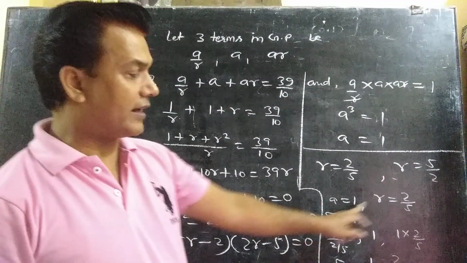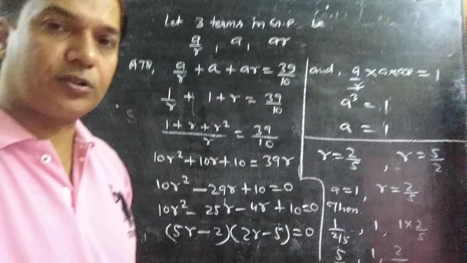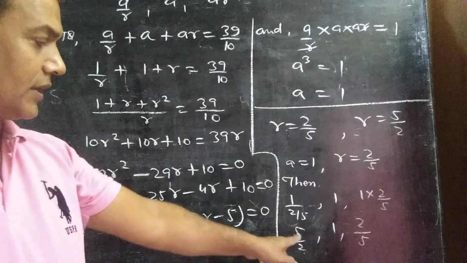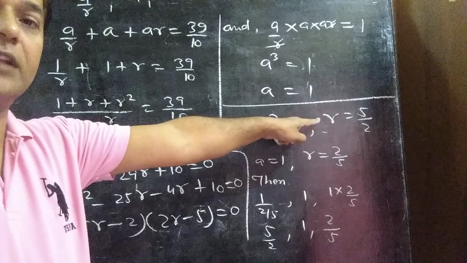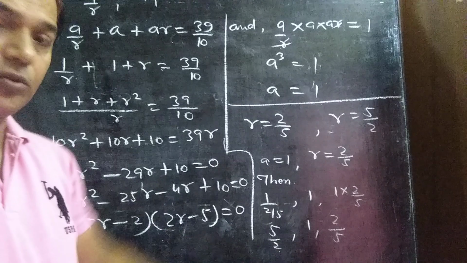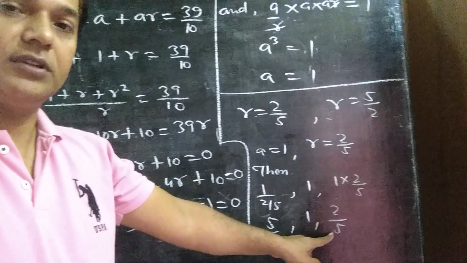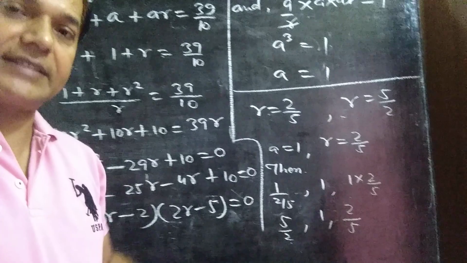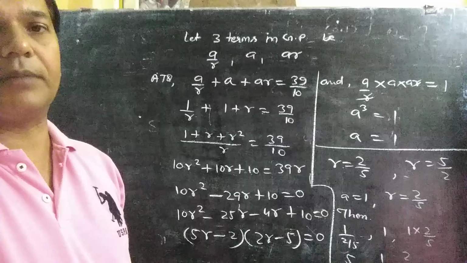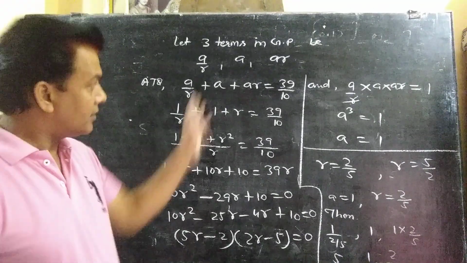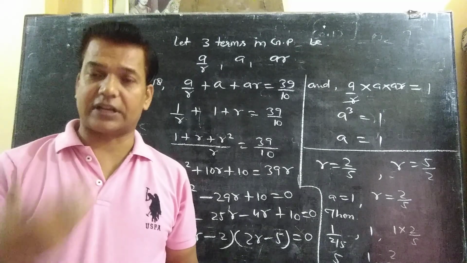यदि a की वैल्यू 1 है और r की वैल्यू 2/5 है तो ये अपने टर्म्स हो जाएंगी, इस तरह से फाइंड आउट हो जाती है ये 5/2 एंड 2/5। और यदि r की वैल्यू 5/2 है, then this will become 2/5 and here is 5/2. This term will remain same 1. तो इस तरह से इसको सॉल्व करने का पैटर्न बनता है। तो ये अपने जीपी के क्वेश्चंस कैसे सॉल्व करने हैं ये उसका तरीका सिखाया मैंने।